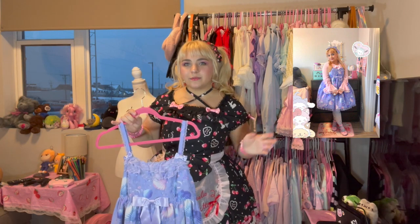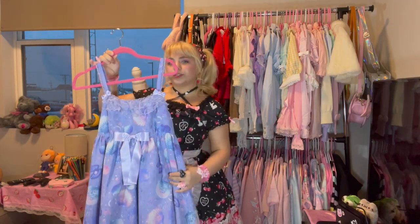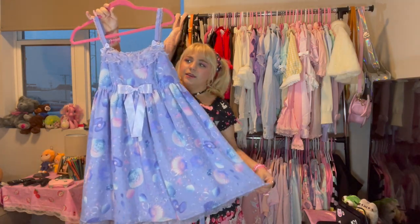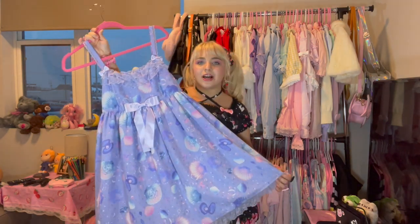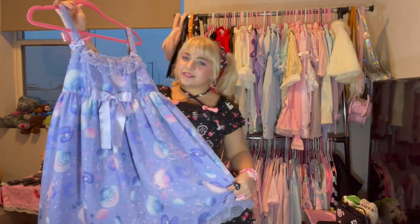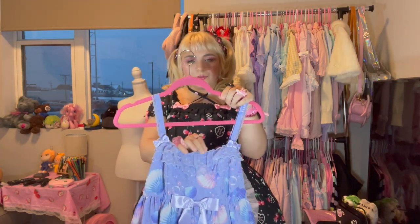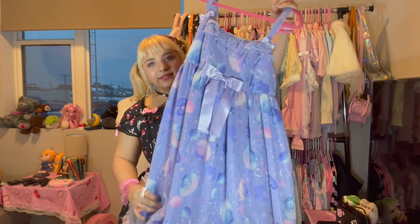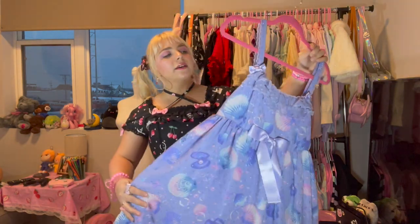So I think that Cherry Berry Bunny and Milky Chan the Fawn are still my 2 holy grail dream dresses that I've gotten, but this one is up there. This is Dream Marine in lavender. And there have been a ton of brilliant color and navy and every other color except for lavender on the market lately, but this is the special set that I didn't even know existed until I saw it, and I was really debating over getting it because the one that I was originally drawn to was the regular style of JSK, but I'm really glad I went with this one because I like how the cut looks on me,